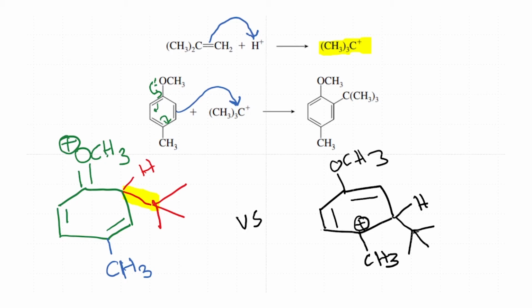And the other choice is the reaction of this double bond with the same tertiary butyl carbocation, which results in the formation of this intermediate. Now, if I have to compare the stability between this intermediate and this intermediate, clearly this one is more stable than